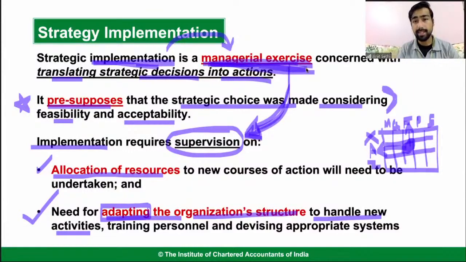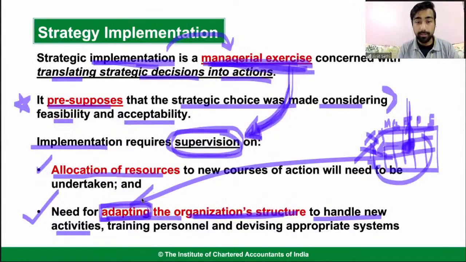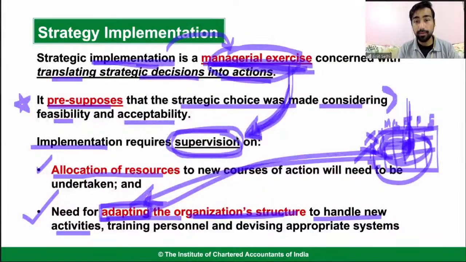Now the manager's exercise is to supervise. The manager's exercise is also to supervise that people are adapting to the organizational structure. It should not happen that this person says, "No, I don't want to listen to this guy, I don't want to report to this guy. Because I'm from finance, I will just talk to my finance leader, I'm not concerned about the business leader." Okay, that should not happen. Everyone has to adapt to the organization structure, and that is what a manager has to supervise.